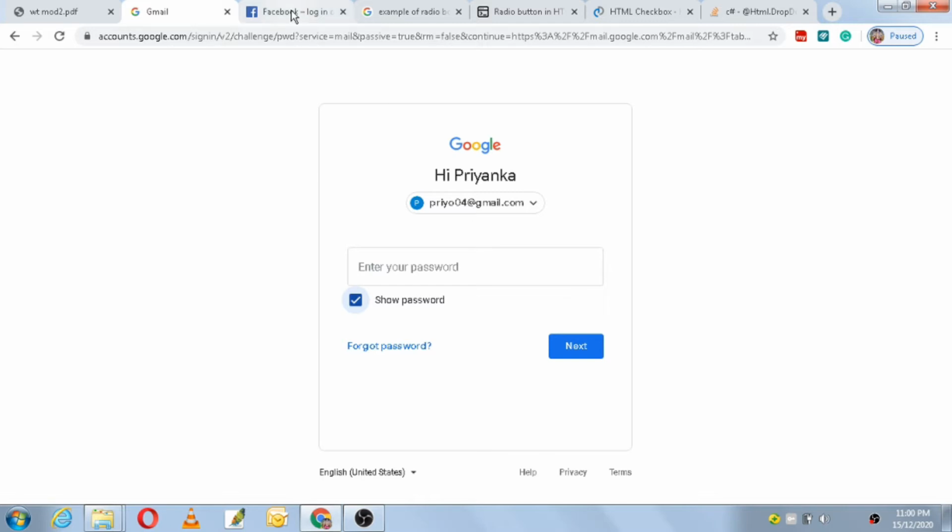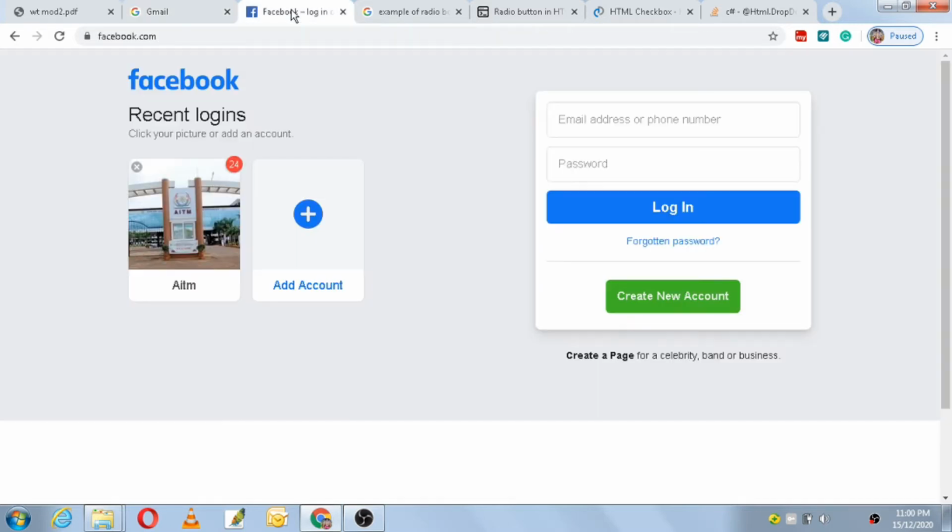Another example of a form is Facebook. So this Facebook also has a form here, as you can see. In the first field, it is asking for an email address or a phone number. You enter the email. Then the second field is asking for a password. So once you enter your email address and the password, then you log in. And once you log in, the email and the password are taken as input by the Facebook server.